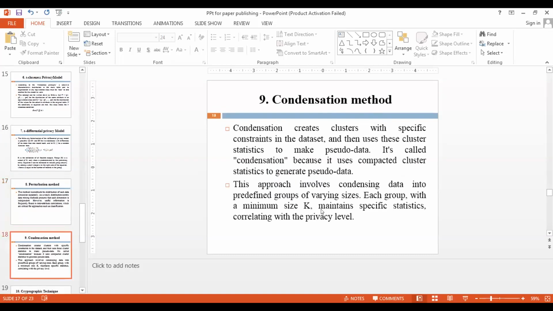Next, that is the condensation method. In this, we also create clusters with a specific constant in the data set. Suppose one data set is there, the changes will be in the cluster forms, and a specific constant will be there, and it will be called condensation, because